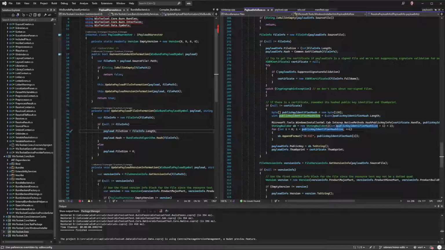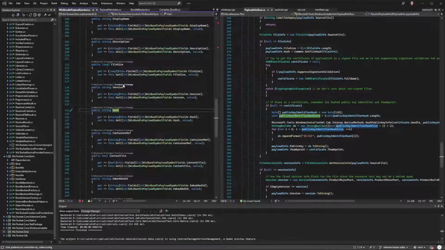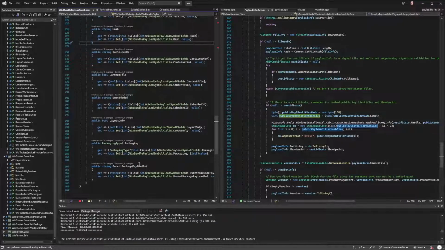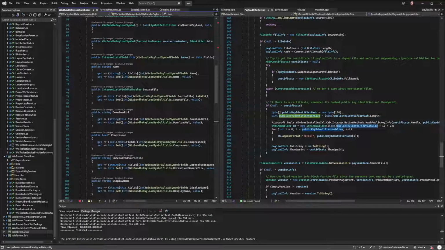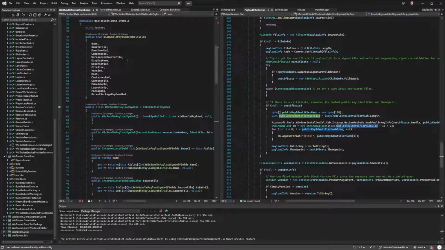The payload harvester is going to need to be able to get the certificate information, but only if we want it to be Authenticode verified. And that would only be true if the symbol says it's true, which means on the Wix bundle payload symbol, we need to store that fact, whether it's going to be Authenticode signed. So see how we started at the compiler and we're now working our way back up from the bottom up to then say, yes, I want this to be Authenticode signed. And I was looking for, sometimes we leave an attributes field on a symbol